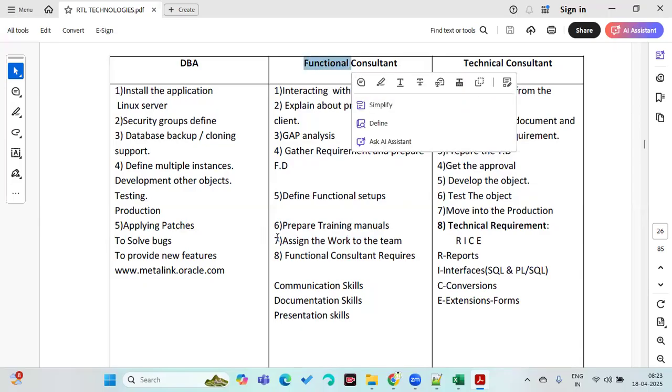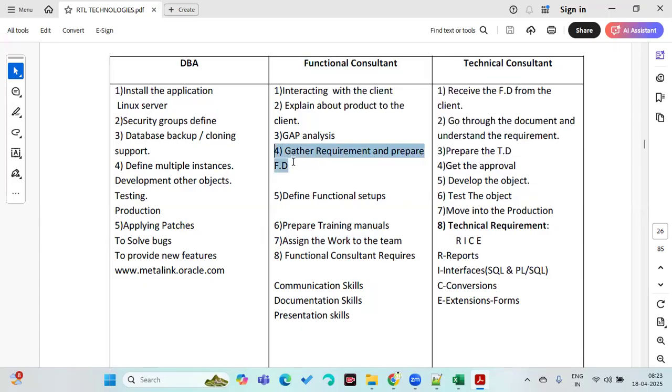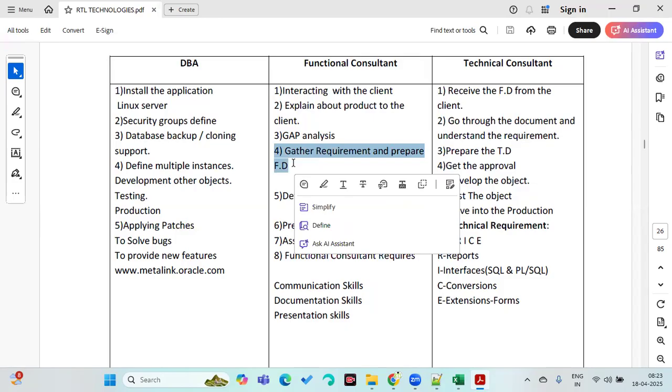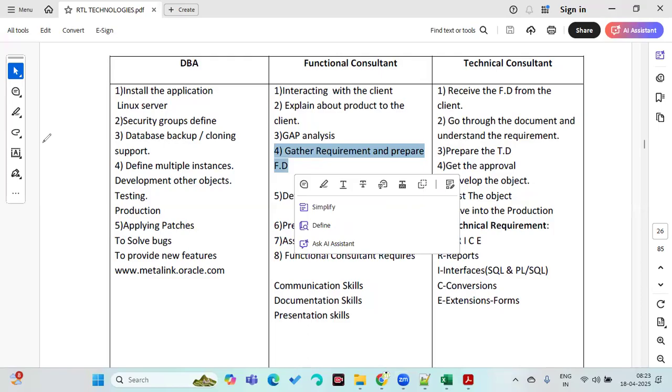So like this, whenever there is a requirement, the functional consultant will analyze whether this requirement should be done by the DBA, or by the functional team, or by the technical team. That's what they try to do here. If it is DBA related, he will assign it to the DBA.